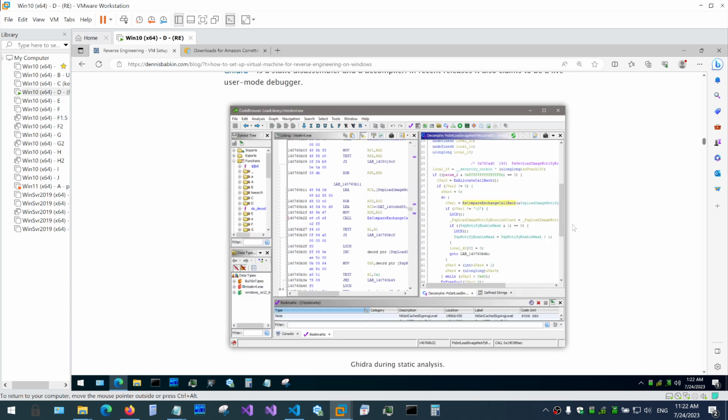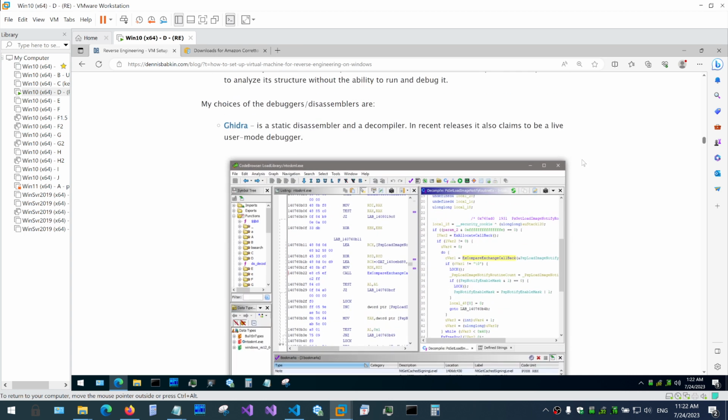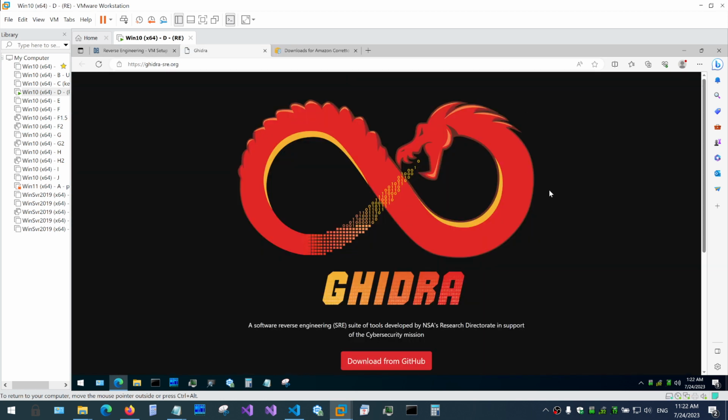Okay, guys, Ghidra has a somewhat quirky installation, so let me show you real quick how you can do this. Unlike other software on this list, Ghidra doesn't come with an MSI or any kind of installer. This is probably because it's written in Java, so you obviously have to have Java installed, and also it's cross-platform, so maybe that's why. To install it, you go to GitHub,